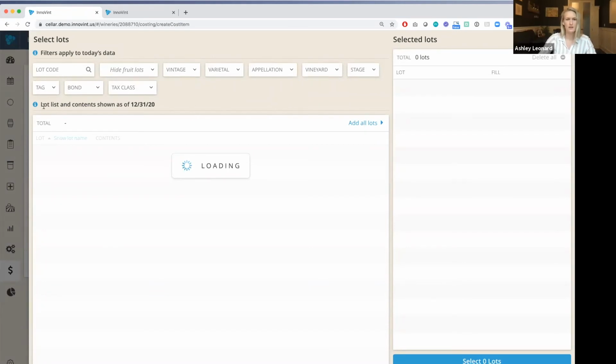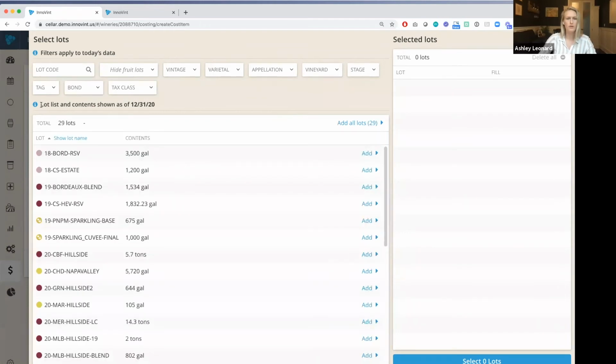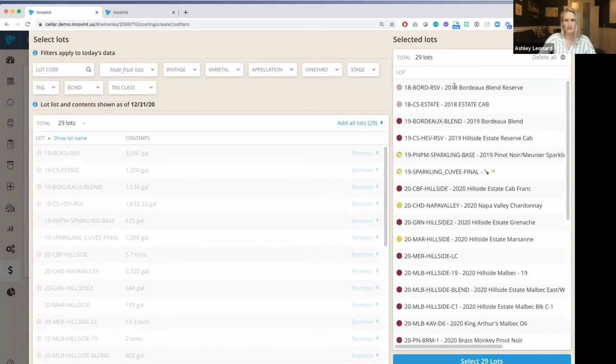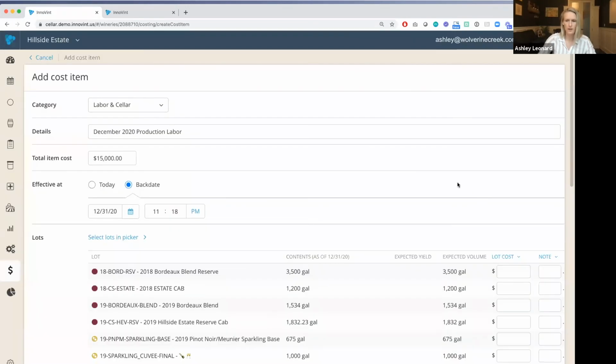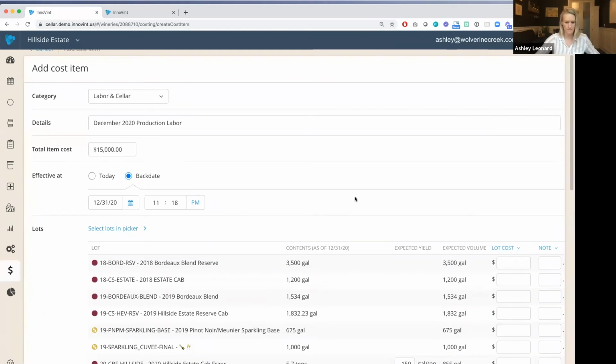And it's querying and pulling the lots up and their volume as of that date. So you can use these filters further if needed, if you're looking to apply this overhead to a specific vintage or varietal or appellation or something that you have associated with a tag. But for this case, I'm just going to add all these 29 lots over, pull them back, zoom out a